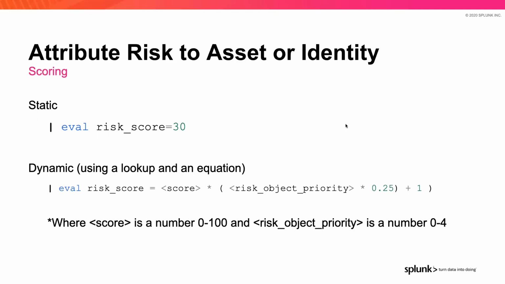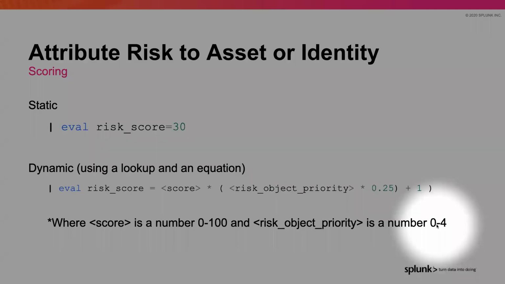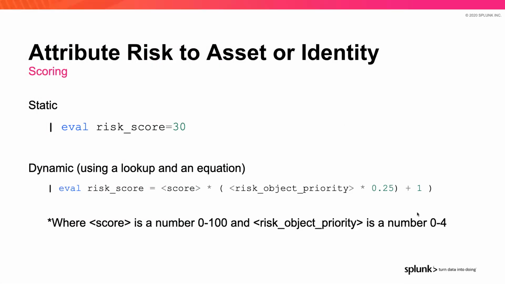So from a scale of 0 being unknown and 4 being critical, you can determine that if Jane Doe or John Smith triggered an alert, well, Jane Doe is a desktop admin, so she has a lot of rights, and I might want to crank up the risk, but John Smith is a person in marketing, so they don't have